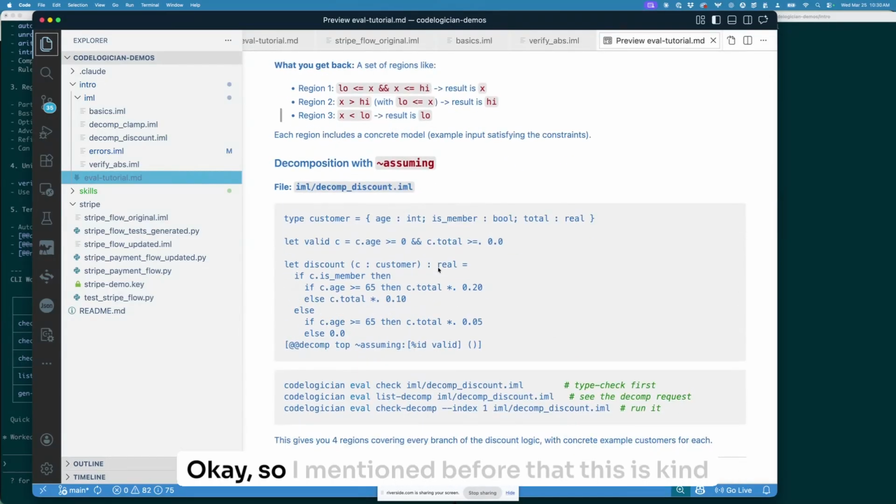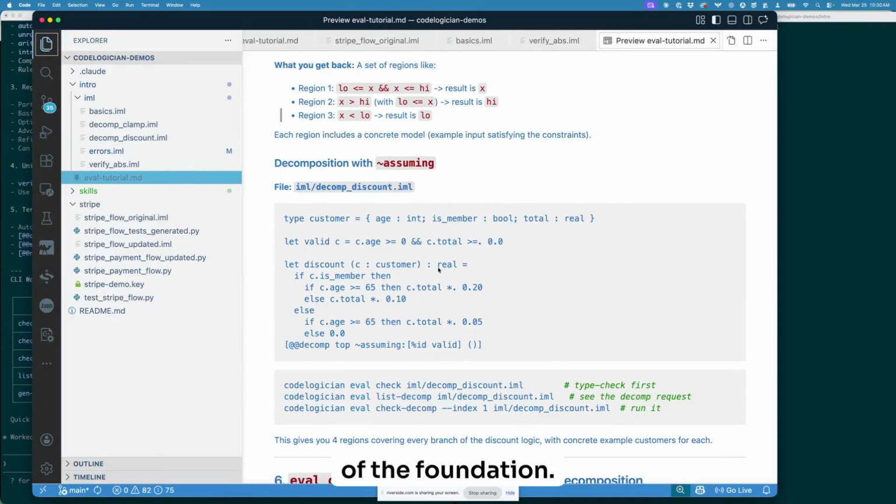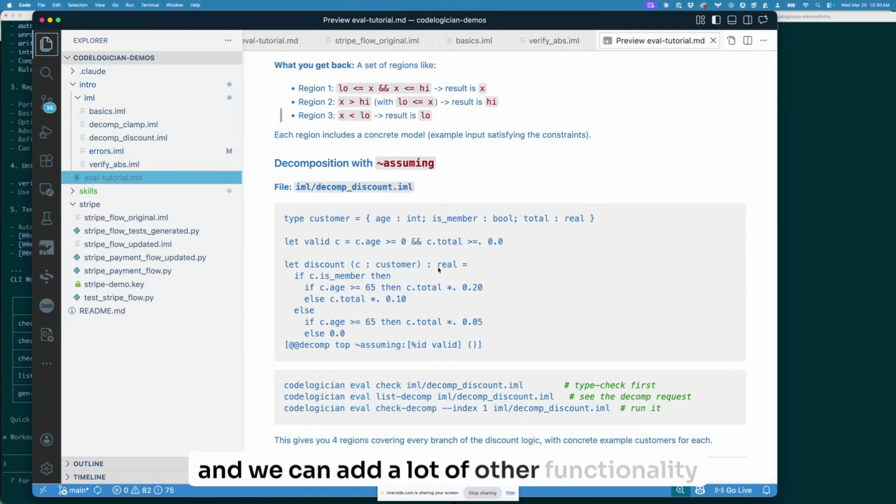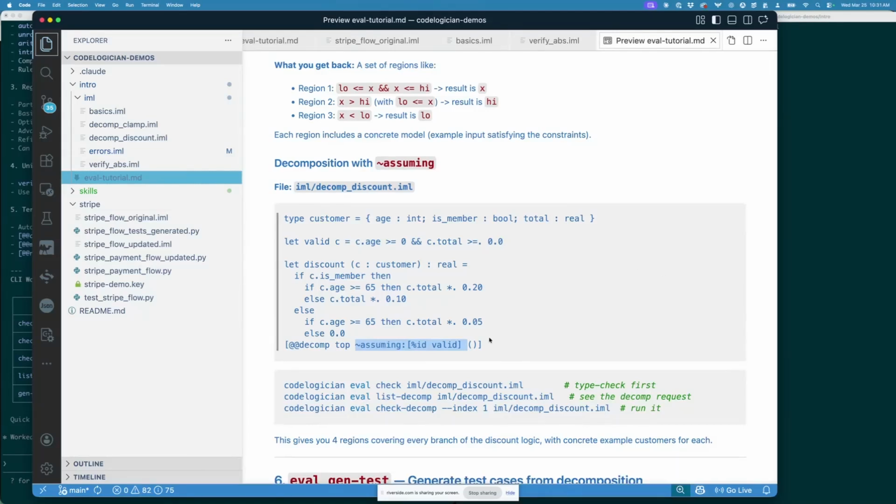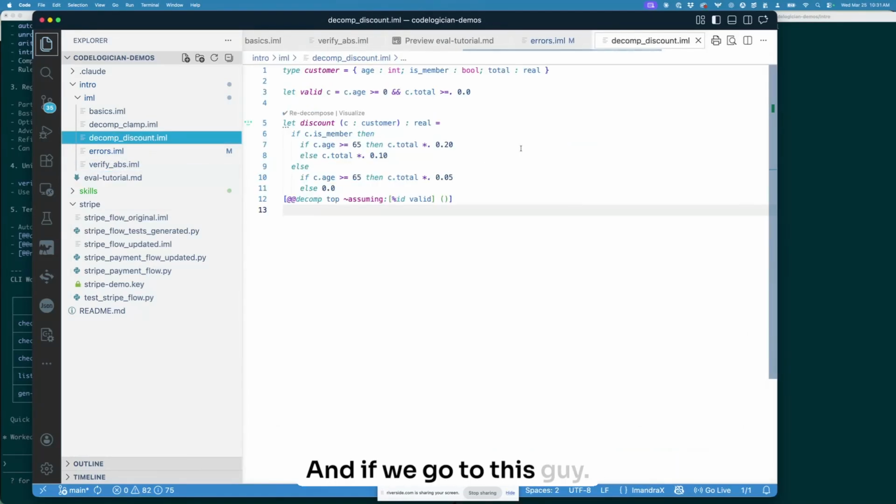Okay, so I mentioned before that this is kind of the foundation, and we can add a lot of other functionality that you really need once you're dealing with real world systems. And one such feature is what's called a side condition. So you can add it via the assuming command. And if we go to this guy,